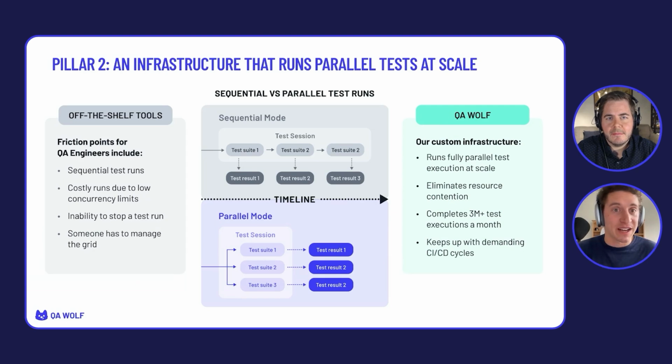And we've built custom infrastructure that dynamically spins up and down Docker containers for every single test. So we have a whole infrastructure team, actually multiple, that are responsible for our infrastructure. And what this allows us to do is to fully parallelize the test execution at scale, without being significantly expensive. It's very efficient at spinning up these containers in parallel. And our architecture eliminates some resource contention. So we're able to run thousands, tens of thousands of tests concurrently